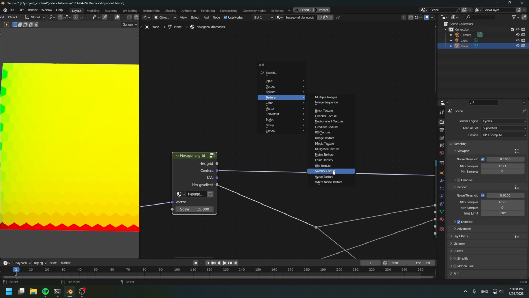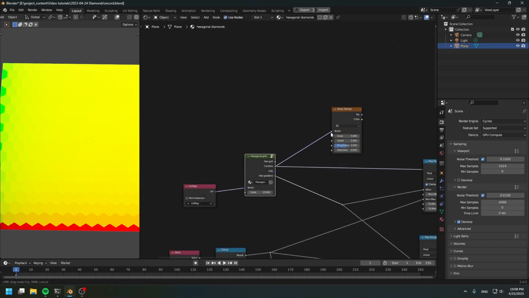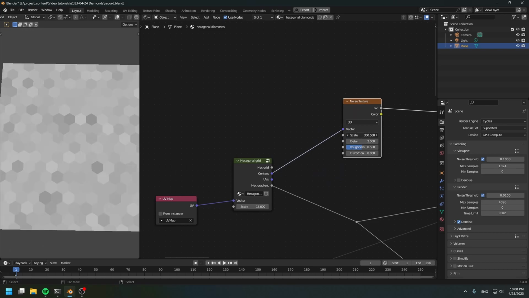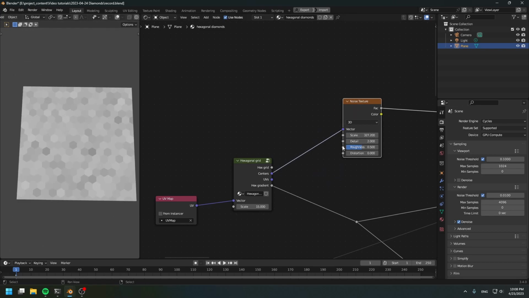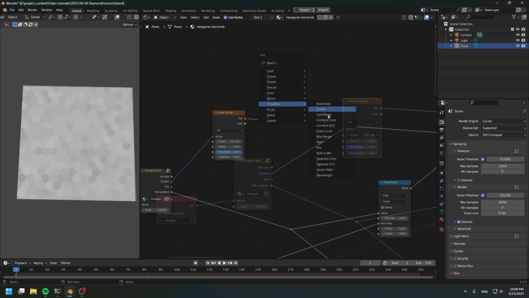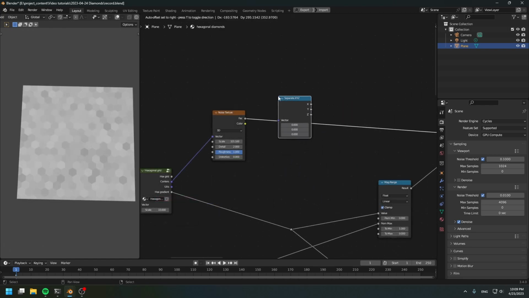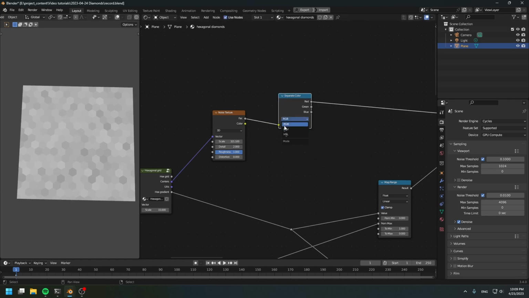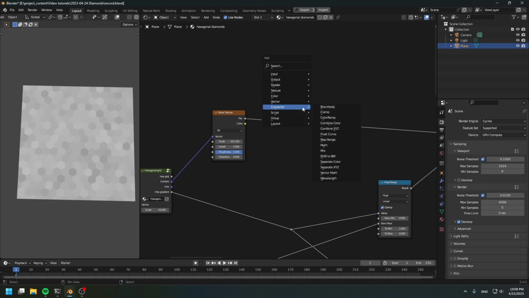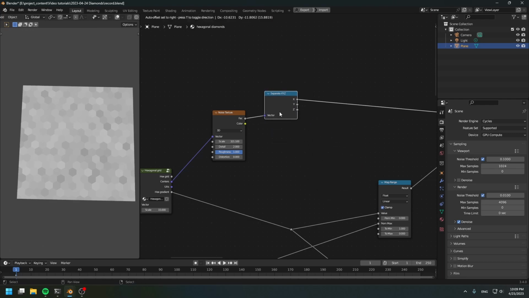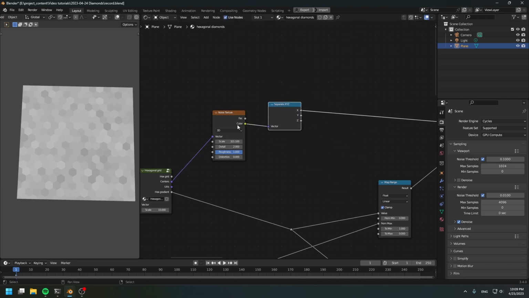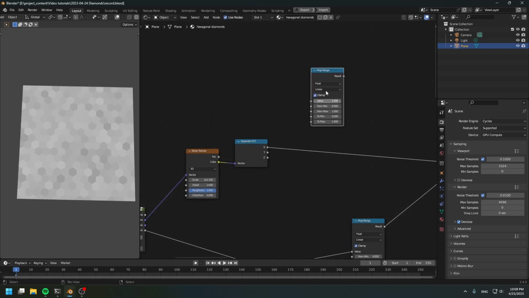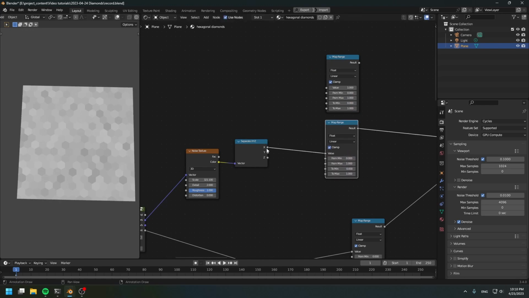Create a noise texture and connect the center over. And let's just use something really big so that we have some very random noise. Now create a separate XYZ, or you can create a separate color and use the RGB mode. But for me, I just prefer using the separate XYZ and connect the color over. And next, let's create two map range nodes, one for X and one for Y,